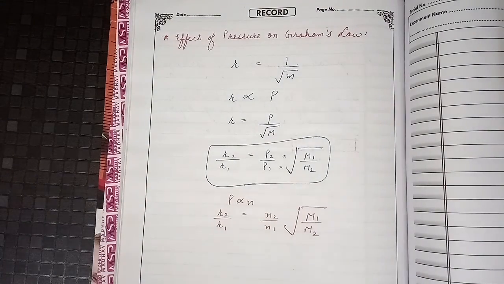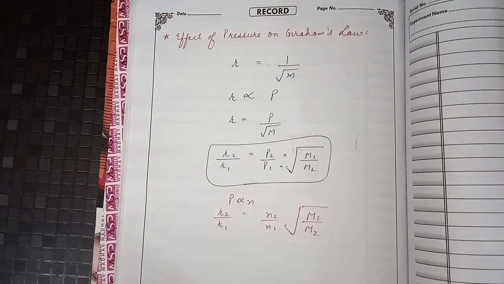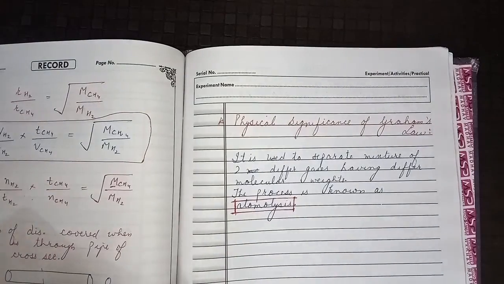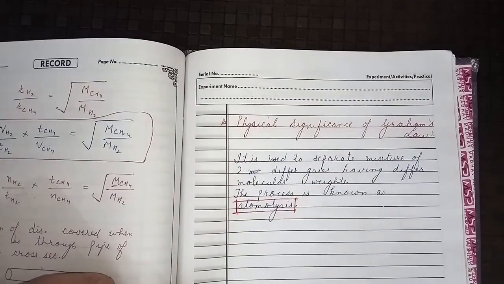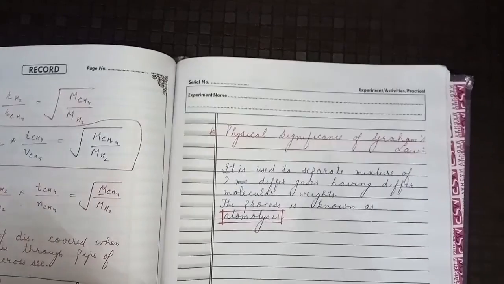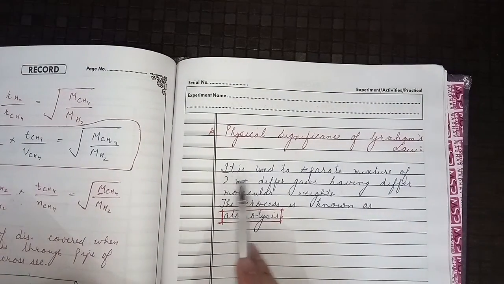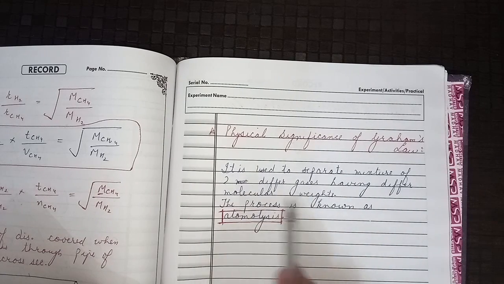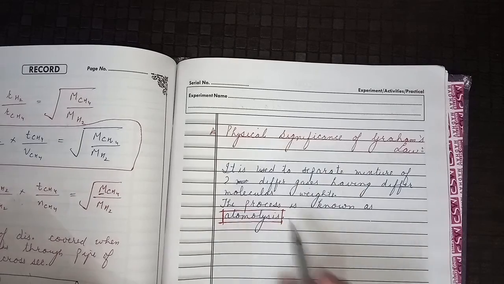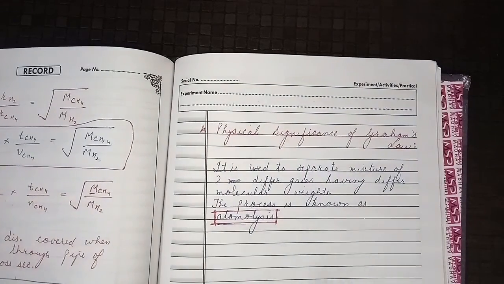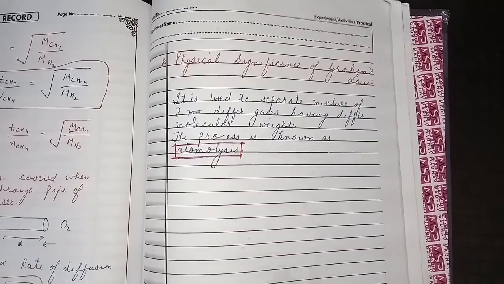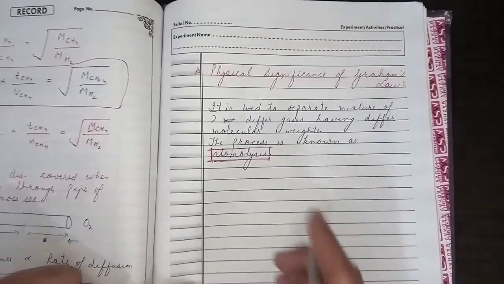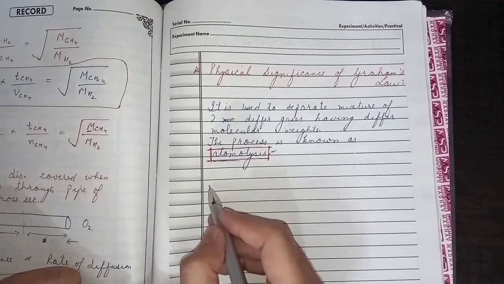सो ये था इफेक्ट ऑफ प्रेशर ऑन ग्राहम्स लॉ और आवर लास्ट टॉपिक इज फिजिकल सिग्निफिकेंस ऑफ ग्राहम्स लॉ। सो फिजिकल सिग्निफिकेंस का मतलब कि हमारी इंडस्ट्री में, हम फिजिकली डेली लाइफ में कैसे इस लॉ को यूज करते हैं। सो इट इज यूज्ड टू सेपरेट मिक्सचर ऑफ टू डिफरेंट गैसेस हैविंग डिफरेंट मॉलिक्यूलर वेट्स। दिस प्रोसेस इज नोन एज एटोमोलिसिस। सो स्टूडेंट्स, इंडस्ट्री में क्या होता है, जब हमारे पास मिक्सचर ऑफ गैसेस होती हैं इन लार्ज क्वांटिटीज और हमें उनको सेपरेट करना है, सो द प्रोसेस नोन एज एटोमोलिसिस इज यूज्ड।